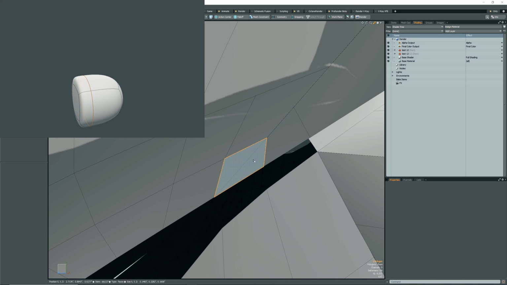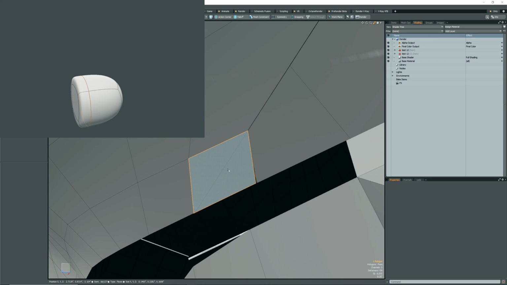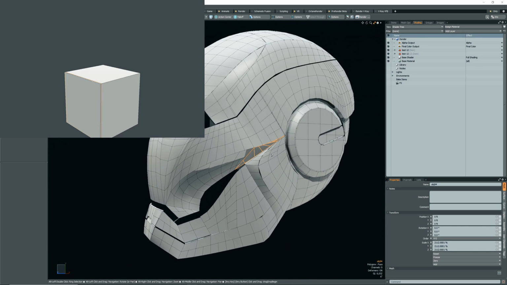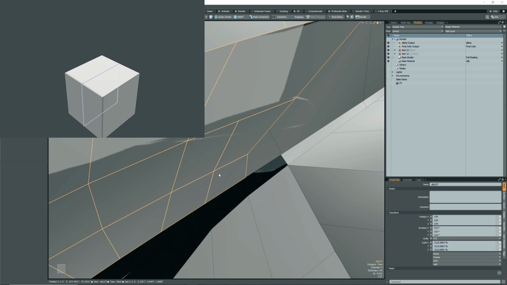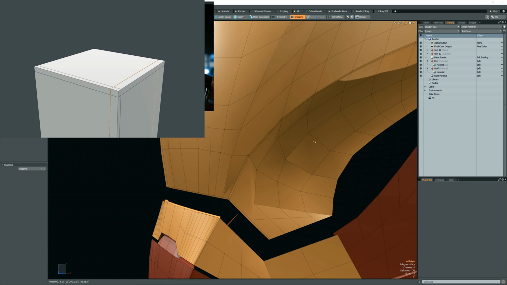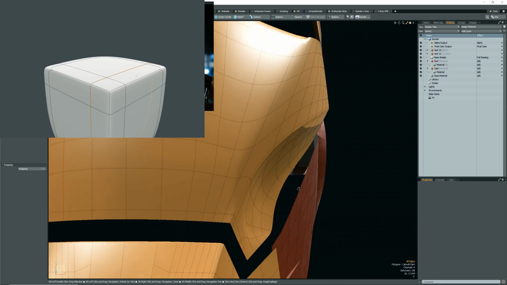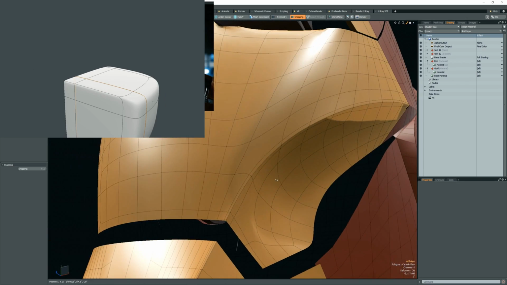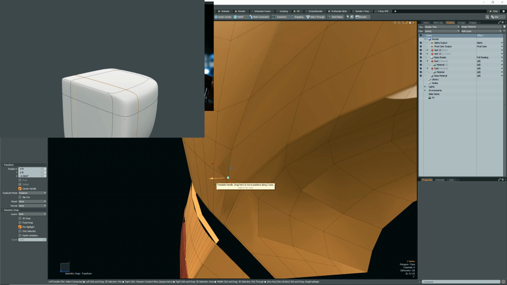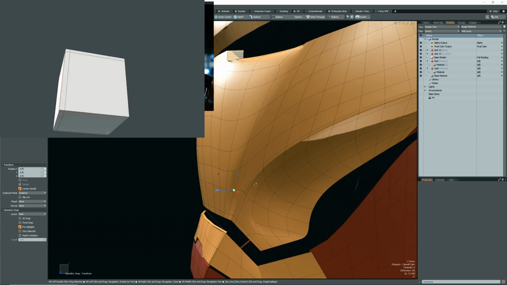All right, so as that edge slides closer to the corner, we get a more defined boundary. And if you do that on multiple sides, like these, by using additional edge loops, you can control how rounded or how smooth of a transition you have as the surfaces change angles. So let's add a couple more edge loops